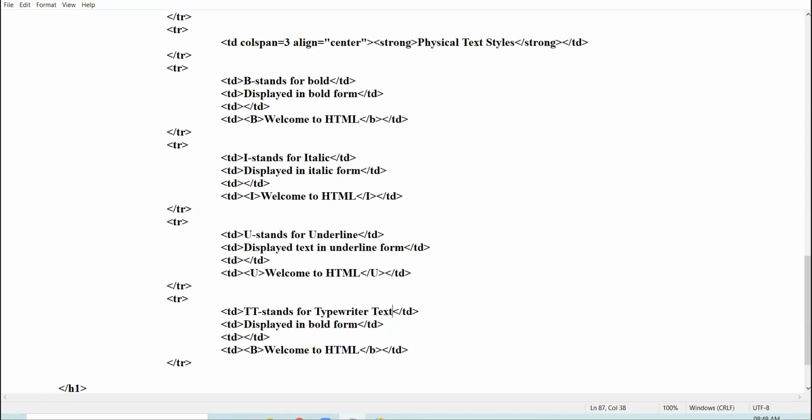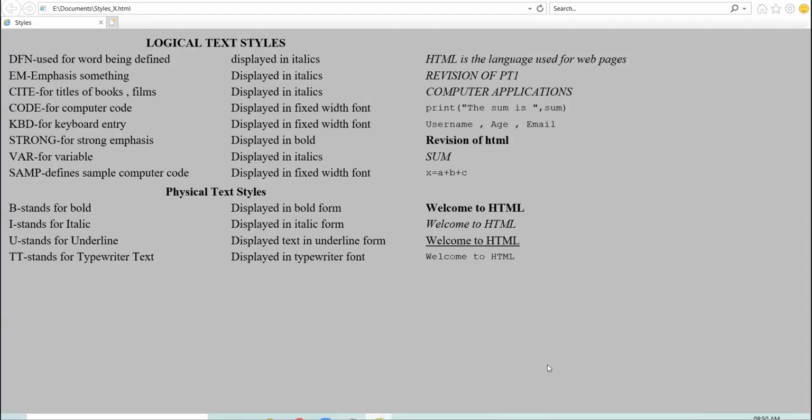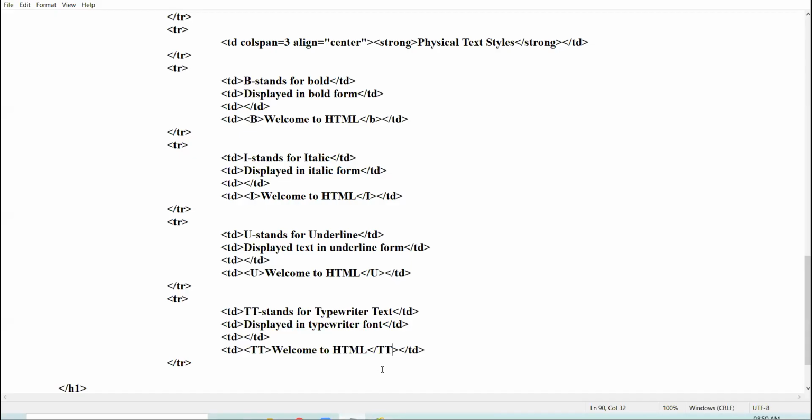How many have seen the typewriter? Have you ever seen the font that is used in typewriter? The same font appears over here, displays in typewriter text, typewriter font. Like I said, TT and TT closes. Okay. See here, typewriter font, right?